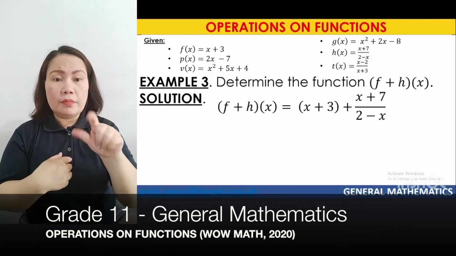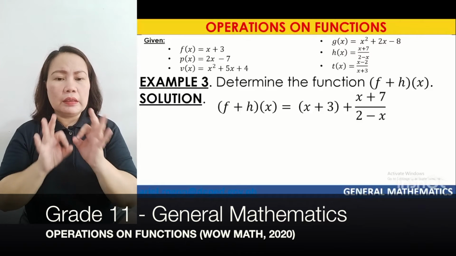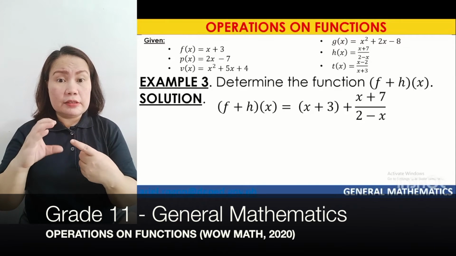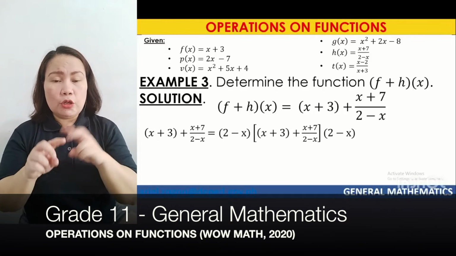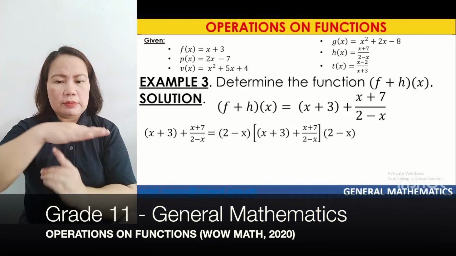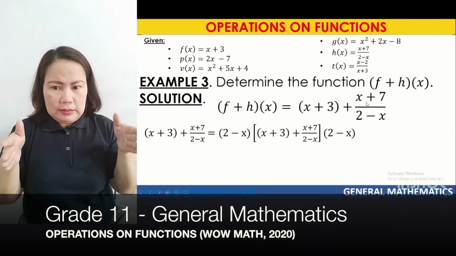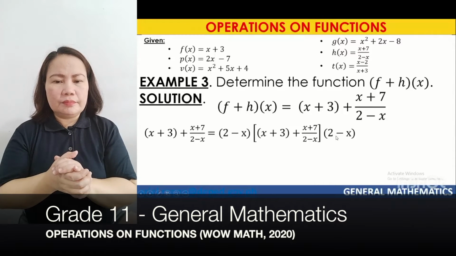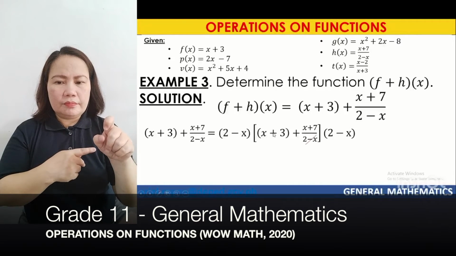Ano ang gagawin? Kapag ganyan, sabi kanina, kapag nag-a-add tayo ng algebraic expression, kinukuha natin yung LCD. Anong LCD dito? Of course, that is 2 minus x. Gagamitin natin si 2 minus x. Para hindi kayo nahihirapan sa ganitong proseso, both sides, yung x plus 3 plus yung rational na to, imumultiply natin sa 2 minus x. So ito muna, 2 minus x times x plus 3, that is,